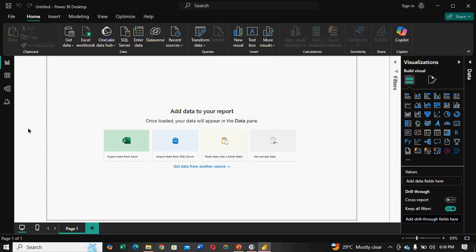This is the environment. After installing, your Power BI should look like this, just the way my environment looks. If your environment is not looking like this after installing it, it means you did not get the installation right, or you have downloaded the wrong application. So you need to check. And if you look at this, it is more or less like the Excel environment and interface.